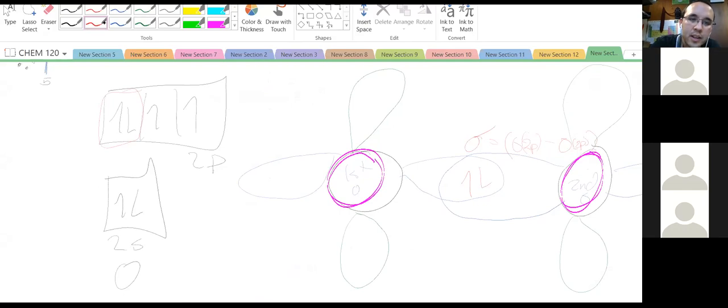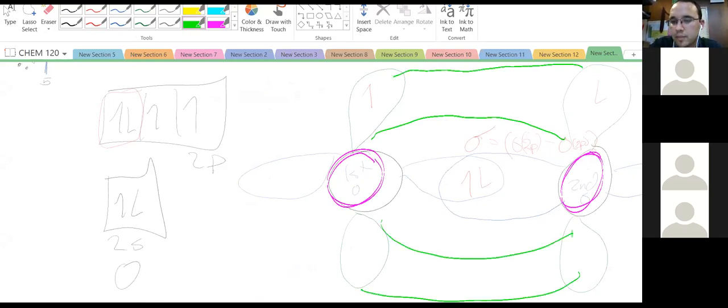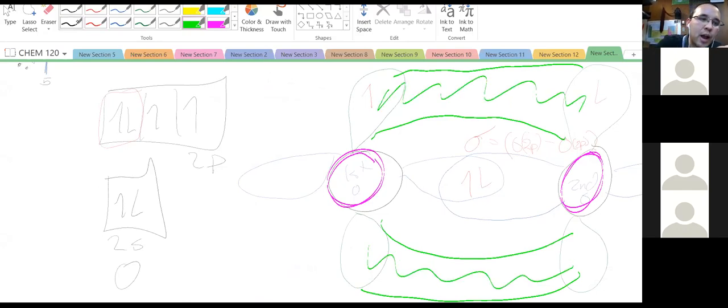Our pi bond is going to be this electron up here, along with this electron from their p orbitals. They're going to start to blend together, top and bottom. Okay. So now all of this becomes a bond, and that's going to become our pi bond. So our pi bond is now also between the oxygen's 2p orbital and the other oxygen's 2p orbital. Okay. And so this molecule would look like this in its Lewis structure because it's a double bond between that